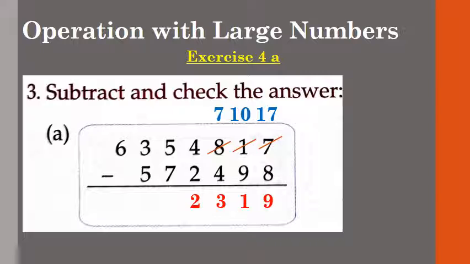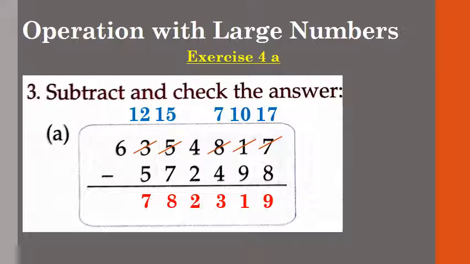Now at 10,000 place again we cannot subtract 7 from 5, so we have to borrow 1 lakh from lakh place. So now our 5 will become 15 and now we will subtract 7 from 15 and what do we get? We get 8. And now what is left at 10 lakh place? Well, at 10 lakh place 2 is left and so we cannot subtract 5 from 2. So what we will do? Again we will borrow 1 crore from crore place and it will become 12. And now we can subtract 5 from 12 and what answer do we get?